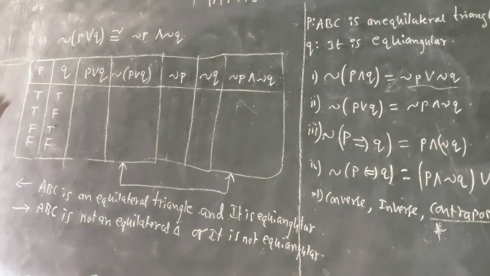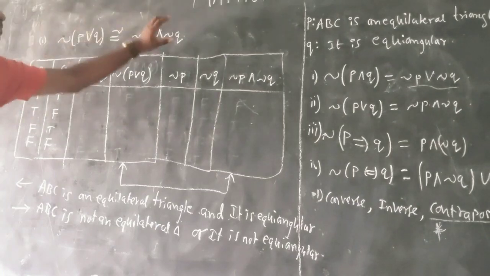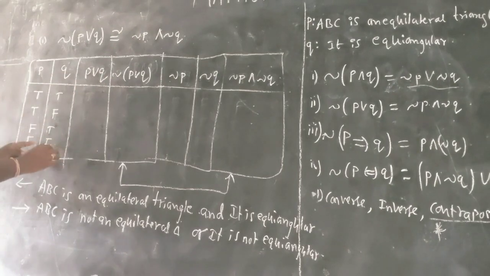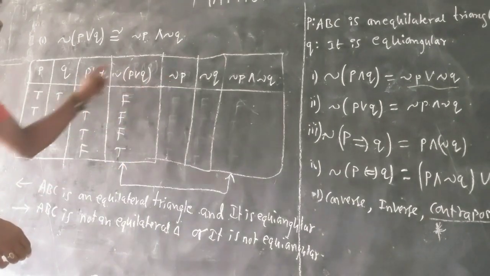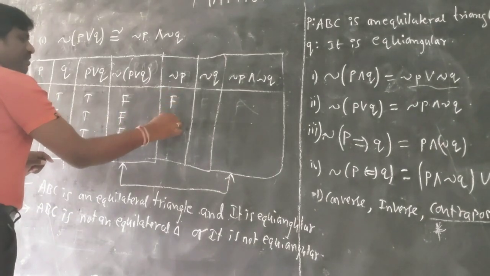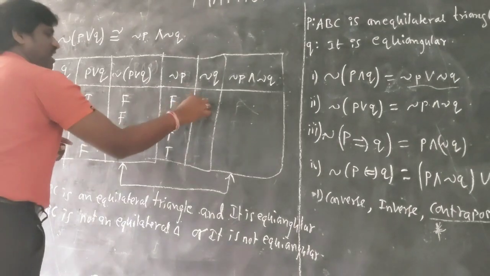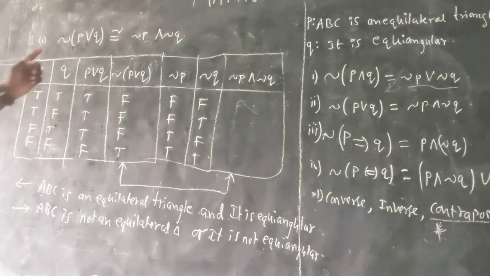Okay, let us see here, TT. Whenever you have to prove an equivalence, don't write the combined column again there. Right now our condition for OR: F or F is F, the remaining times it is true. And negation of this one is what? F, F, F, T. Negation P means F, F, T, T. Negation Q means F, T, F, T. Hope you understand? Negation P and negation Q.